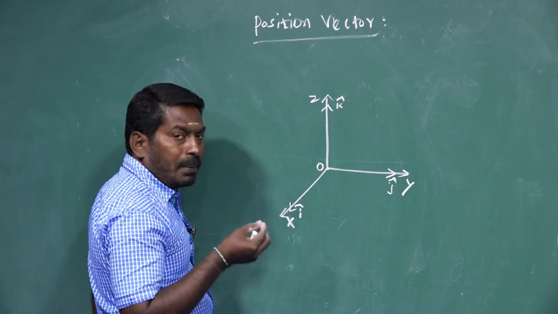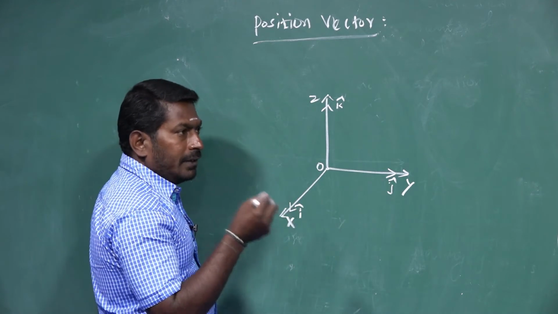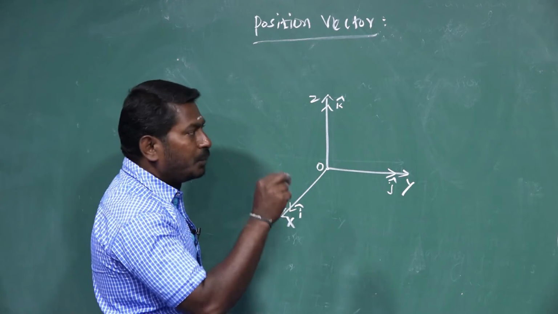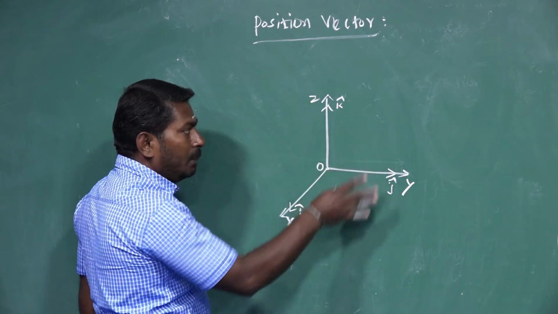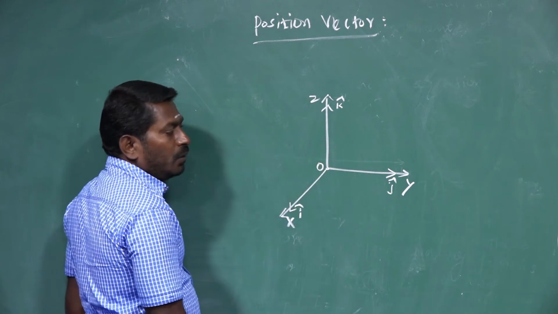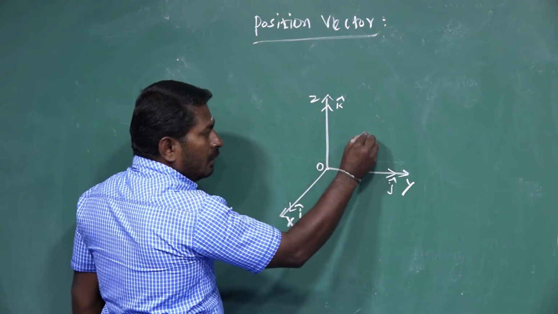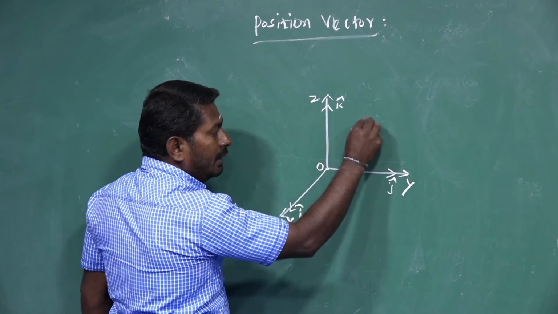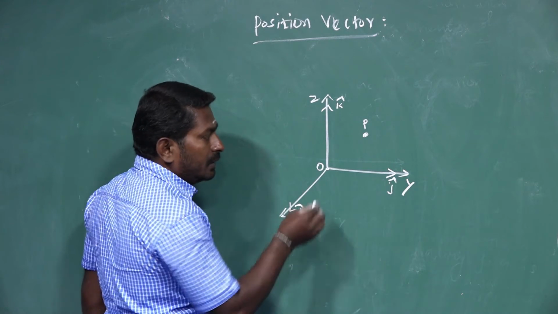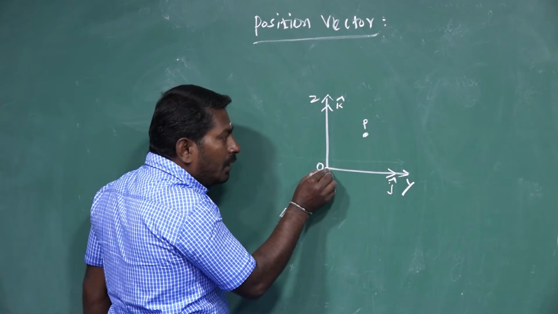Let me assume a particle travels in space. The position of the particle at any instant of time during its motion can be described with the help of one reference frame, or one Cartesian coordinate system. So the position vector is a vector starting from the origin